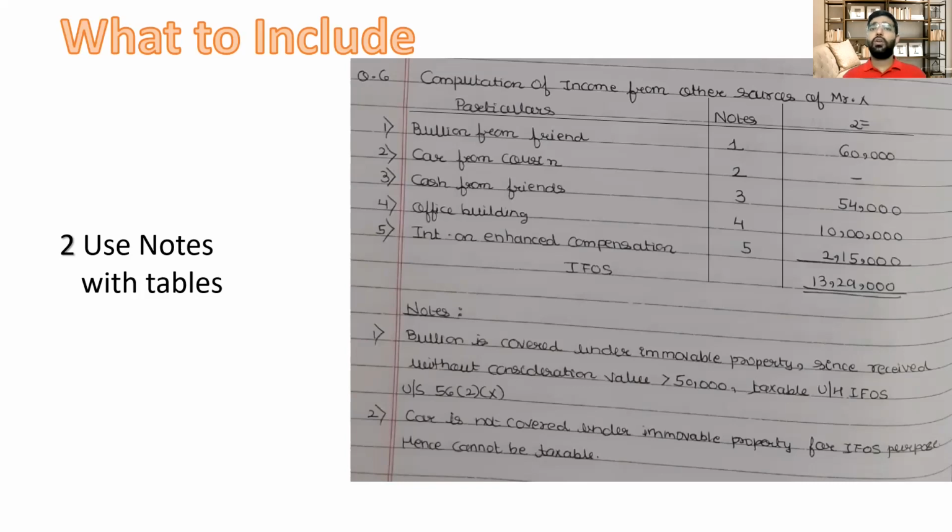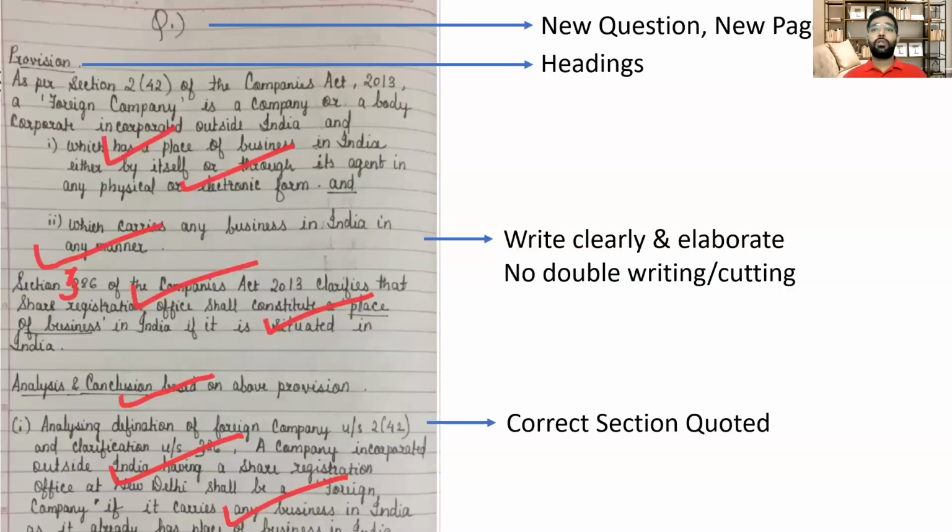Now we see a sheet which will give us a fair idea of what a good answer sheet looks like. On the top, we have question number 1. So we have new question, new page. Every new question and even sub-questions are to be started on a new page. This ensures that the examiner does not miss out on any question because of it being a continuation on a single page. Every question that has a separate mark is to be started from a new page.